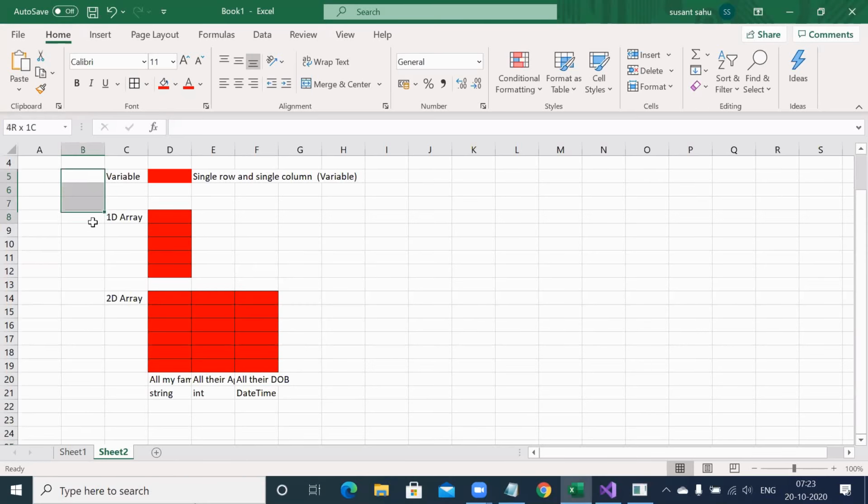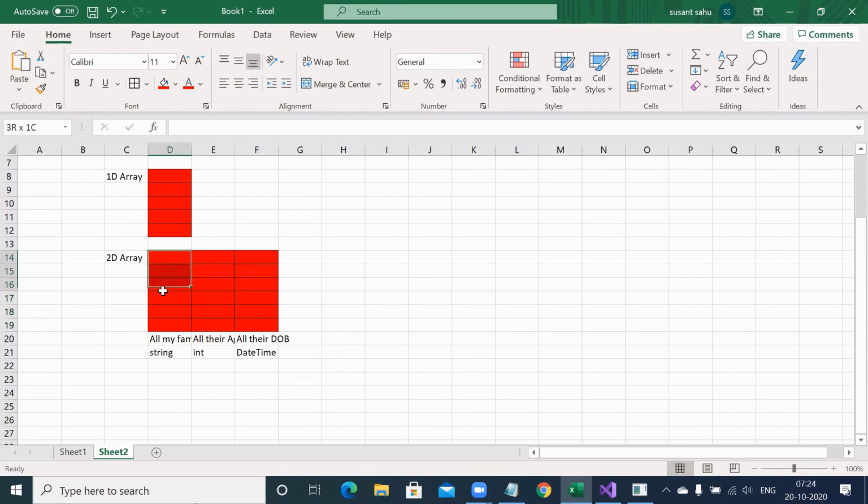You can see slowly we are improving. Variable can store the data, but cannot store multiple data. Single dimensional array can store multiple data definitely, but we cannot group together separate column number 1 or separate column number 2 because it's always a single column. 2D array, definitely it can group together. In column 1 you store few data, in column 2 store few data and so on, but all those data should have the same data type, right?